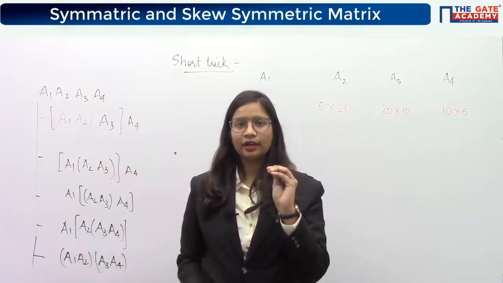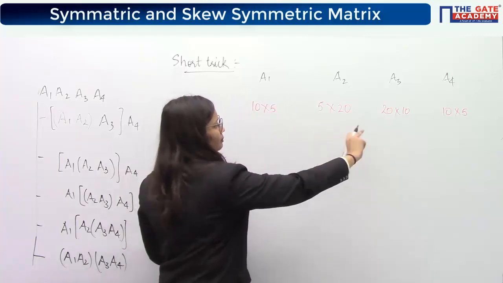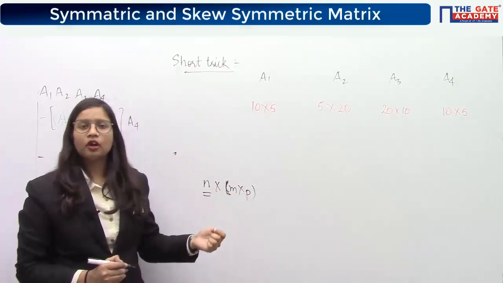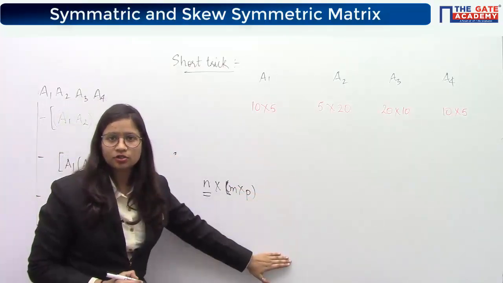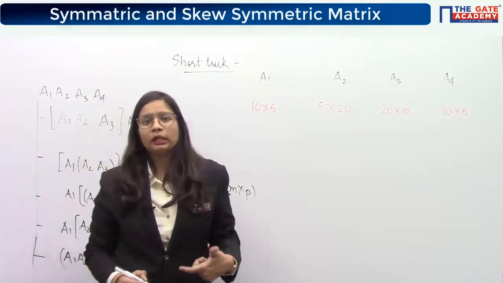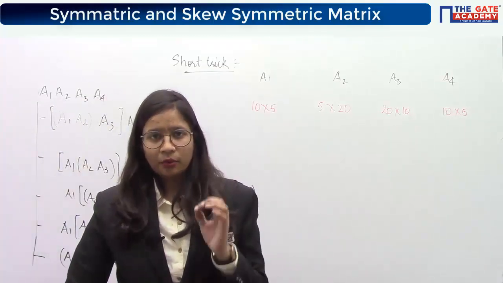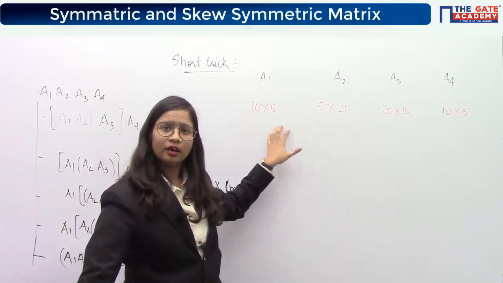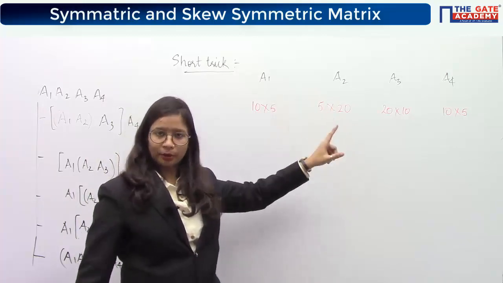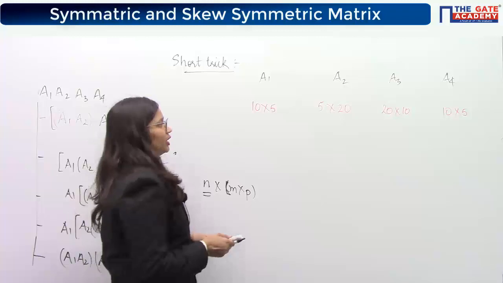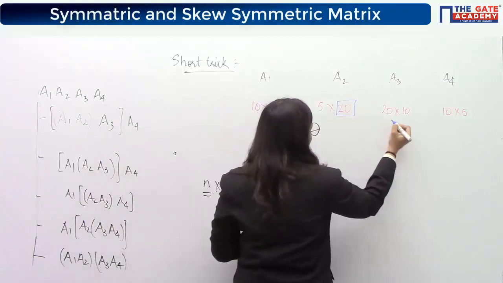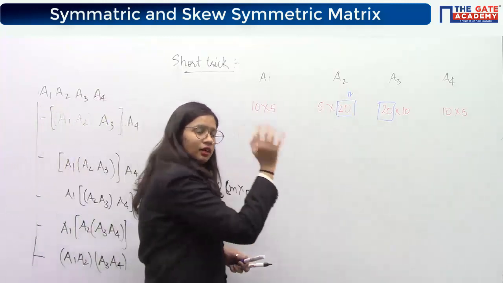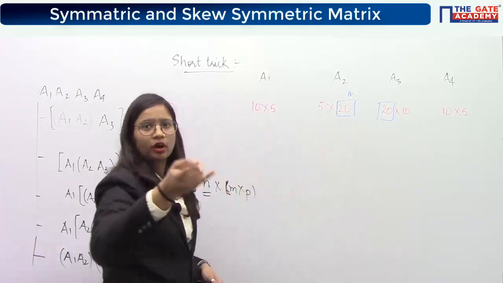I'll apply this logic: if I take the maximum number as my n, then it will not come into the multiplications later on also. That means it will result in the minimum multiplications required. What I'm trying to say is, choose the highest number present in the orders of your matrices and make that number n. You can see that this 20 is the highest number available here. So I will try to make this 20 n, so that it is counted into calculations only one time, and it will not repeat again.